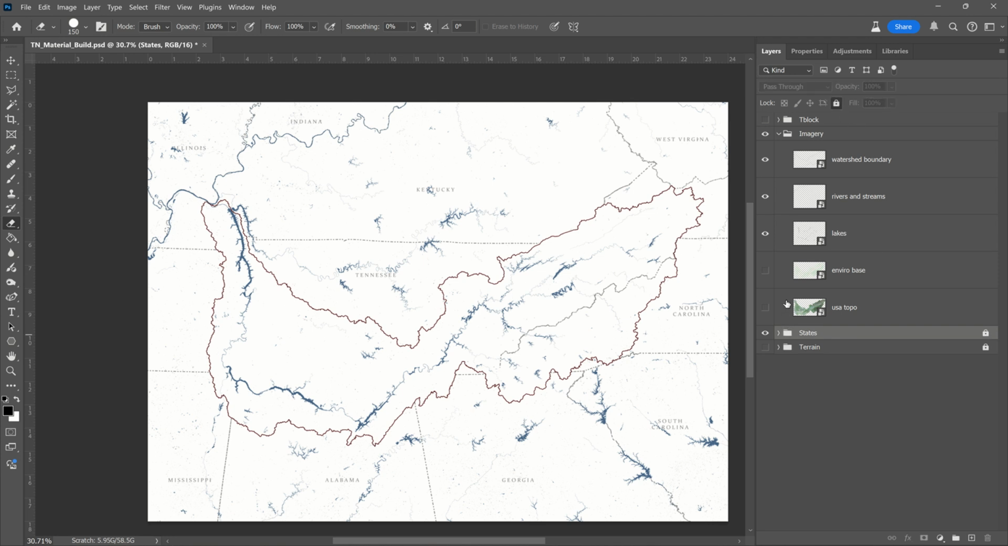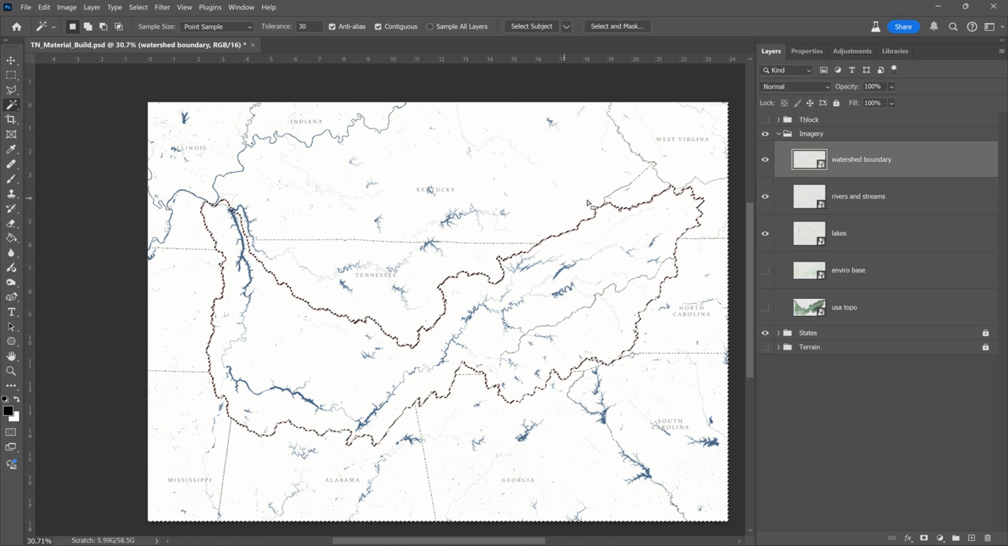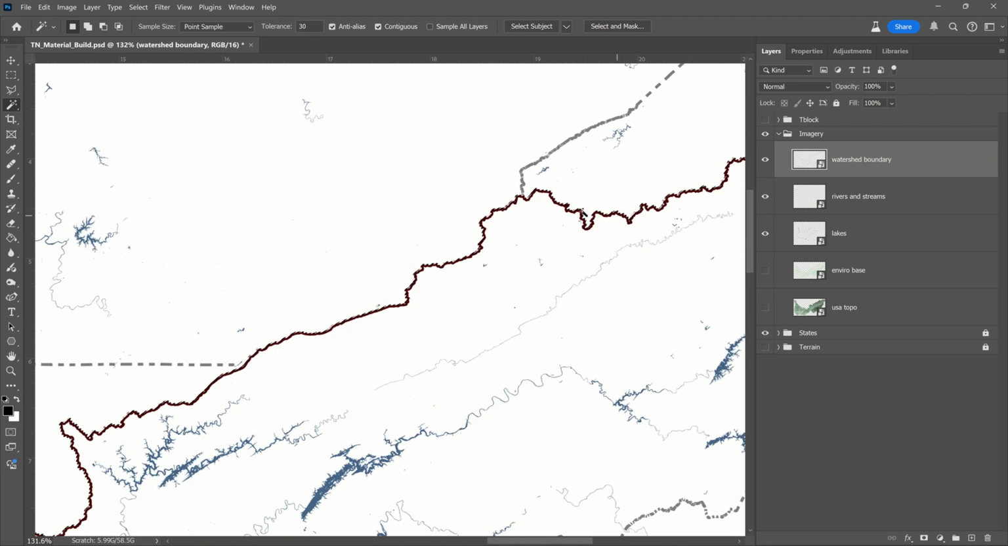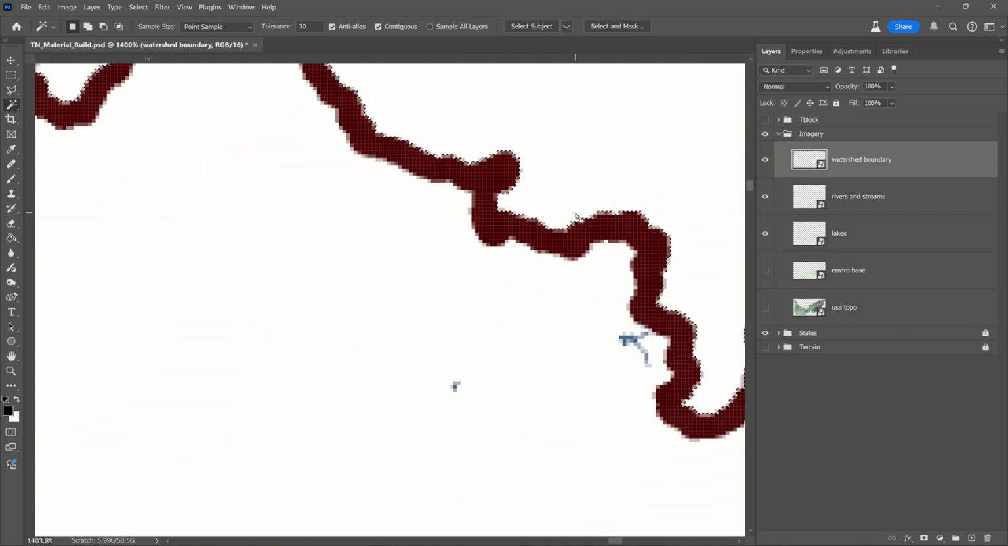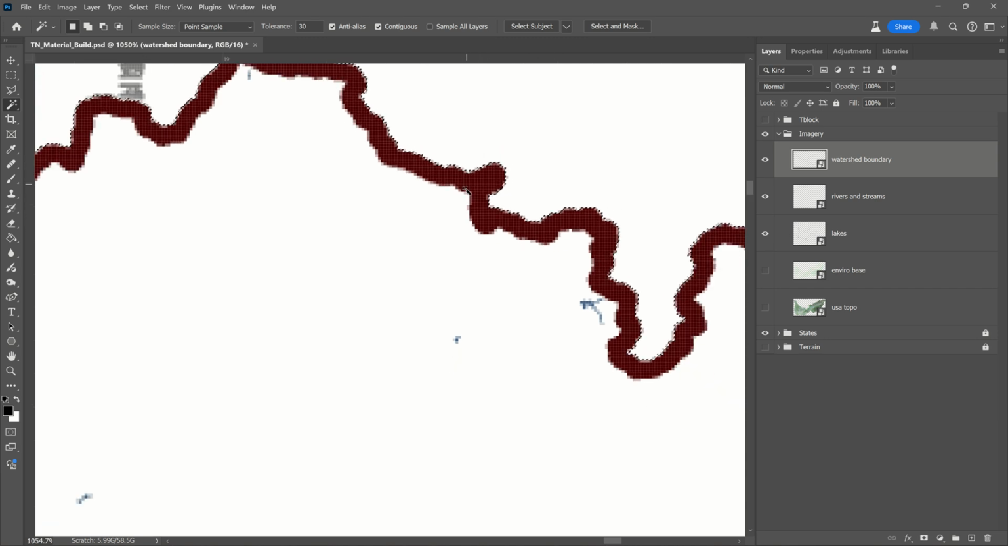Okay. Now, what we want to do is, and in this case, we definitely need to be working with masks. Okay, so we're gonna select our watershed boundary, and we're gonna tap W for the magic wand tool. Okay, and we're gonna click outside of our watershed. Okay, now I want you to zoom in, and if you see a line, these marching ants is what some people call them. If you see this on both sides of your watershed boundary, hold down Control and tap D for deselect,